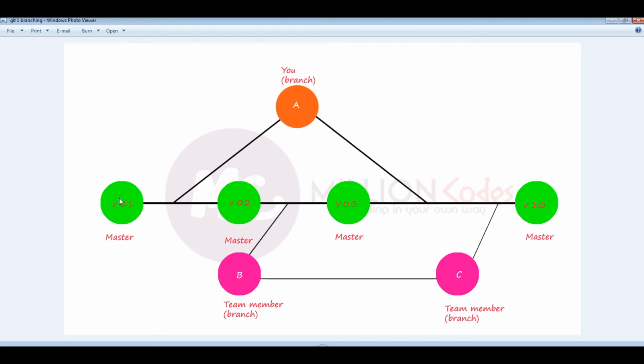So here I have done the initial file as version 0.1. So I have created a branch known as A. I am making some changes here, and someone has created the other master branch with the version of 2. Another team member has created the branch B. Another team member has created the branch C. In between, I have 2 edits here. You can see here I have 2 edits, version 2 and version 3.